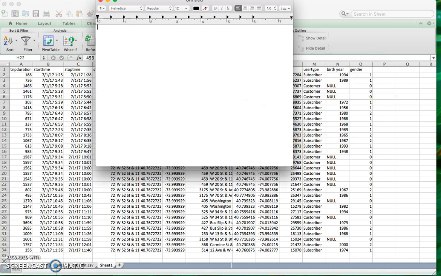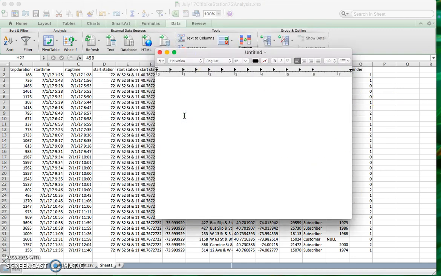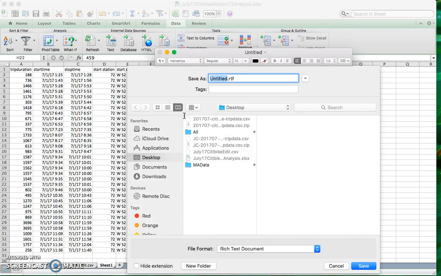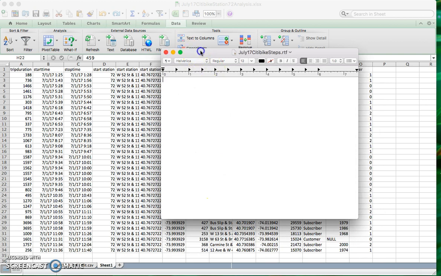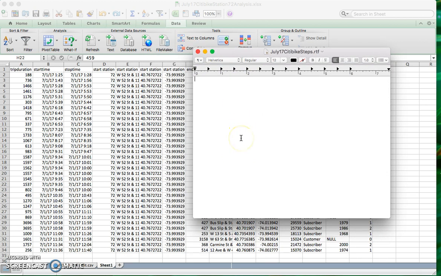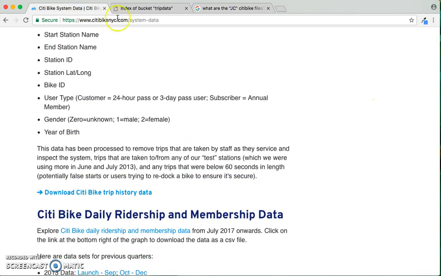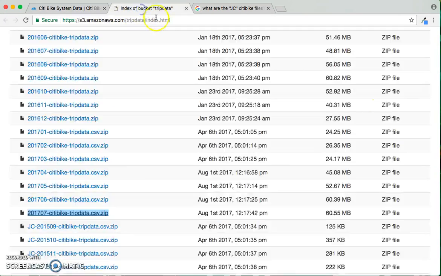Okay, and this is just going to be my methodology file. So I can leave this as a rich text file because I'm literally just going to be writing down what steps I take. So I'm going to say July 17 City Bike steps. Okay, so this is now my documentation file. This is my process file. So the first thing that I'm actually going to put in this file, right, I should have been doing this the whole time, is I'm going to say something like